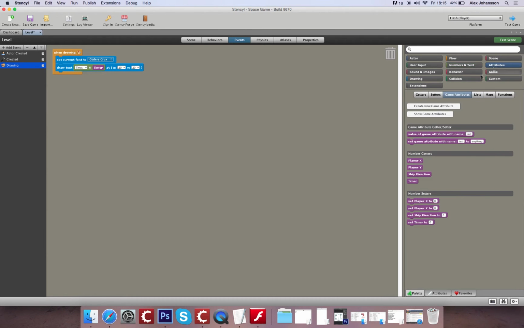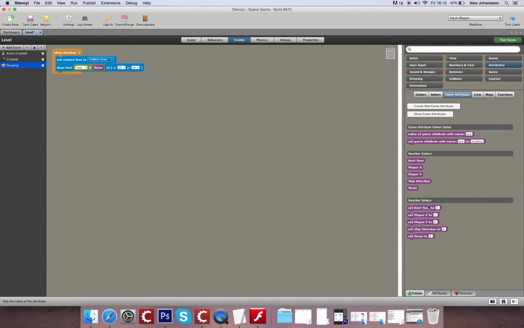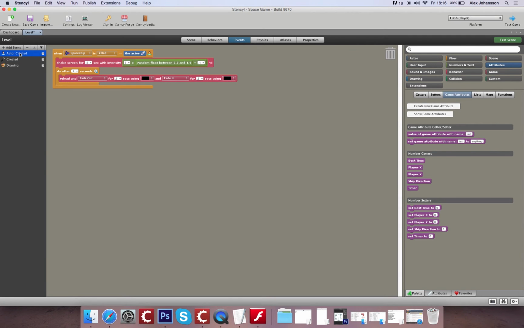the current time with actually displaying the word time with it. Whilst we're here, we might as well add the best time that you can get. Okay. So once again, it's going to be a number-based attribute. And if we go to here, we don't need to set what the current best time is at the beginning, because that's going to be set by whatever the best score is. So if we go to act created,